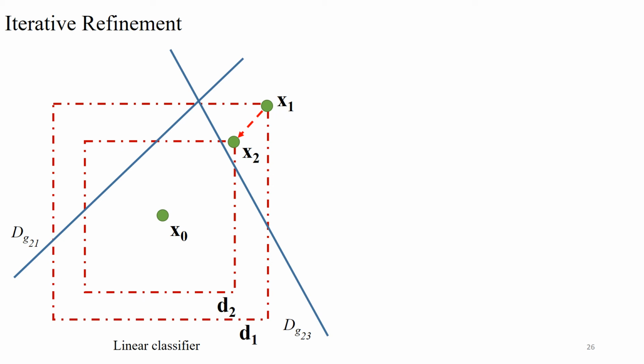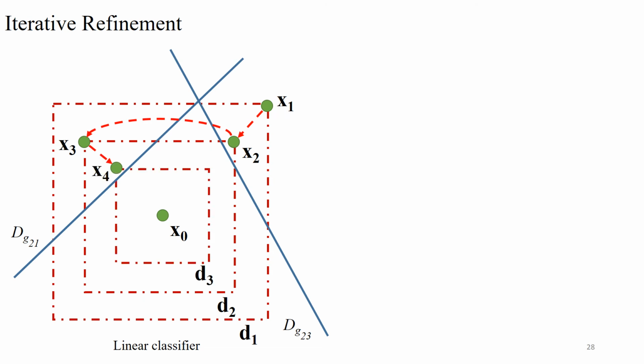Since we are using bisect search to determine distance d2, x2 is the closest adversarial input to x0 that may be generated by projecting x1 on a smaller region. However, in the region within the distance d2 from x0, there may be other adversarial inputs that get us even closer to x0 with projection. To find such examples, we apply feedback-directed fuzzing of DeepSearch, starting from input x2 and search within the inner square. As a result, we generate adversarial input x3.